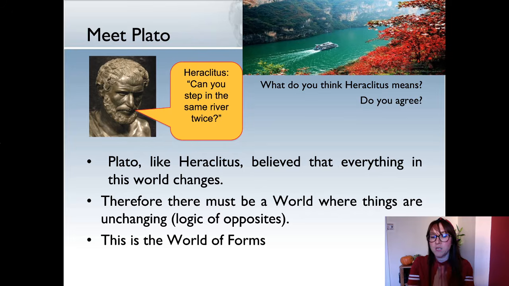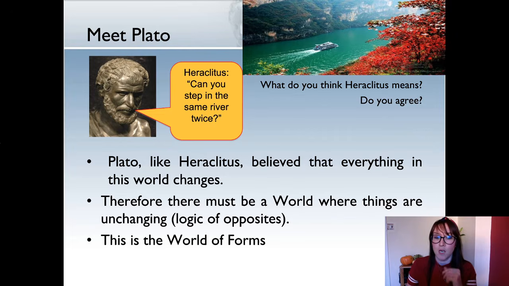Now, he based this on the logic of opposites. The logic of opposites exists in pretty much everything, that everything has an opposite: positive, negative, hot, cold, summer, winter, old, young, good, bad. Everything has an opposite for it to make sense. So for Plato, he thought, well, if this world changes, there must be an opposite, there must be a world